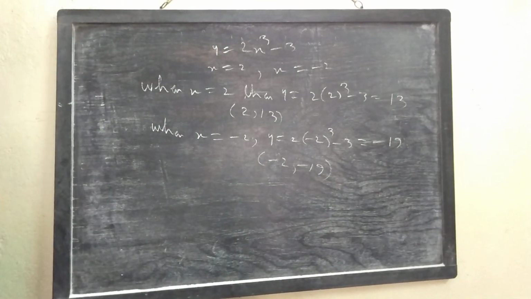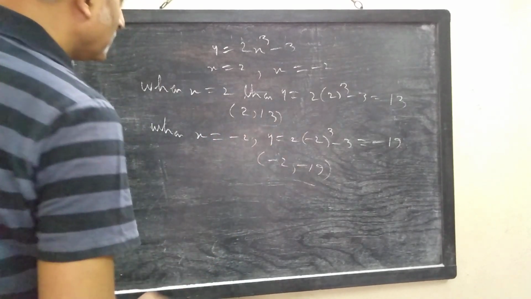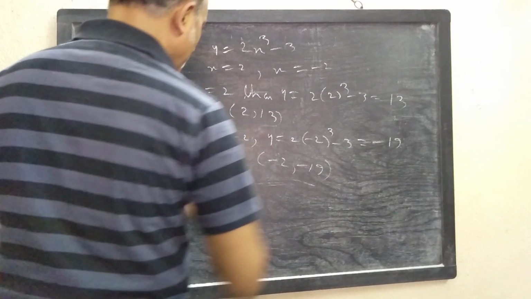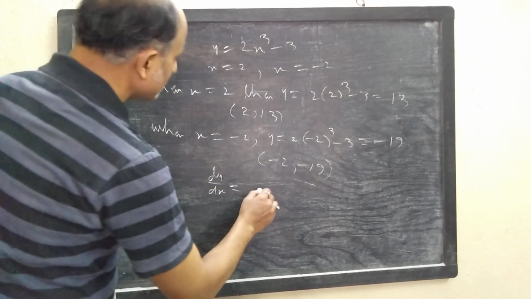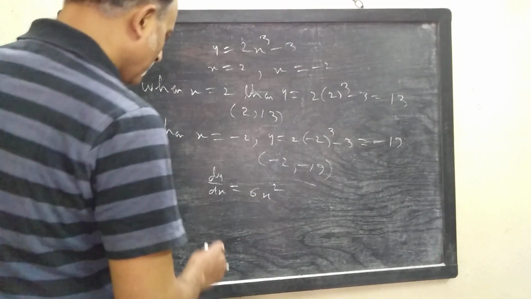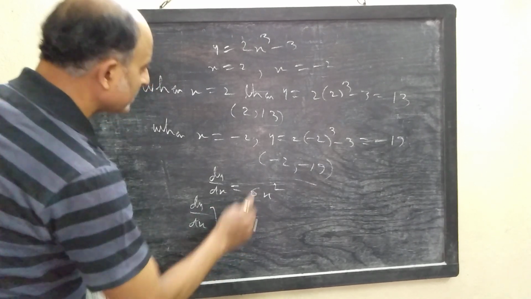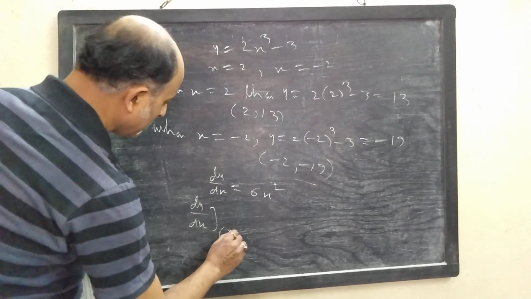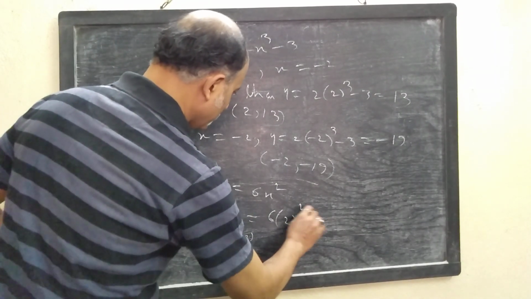Now you have to find the slopes of the tangents to the curve at these 2 points. For this, we have to find dy/dx first. So our dy/dx is 6x². Now dy/dx at the first point (2, 13) will be 6 into 2²,